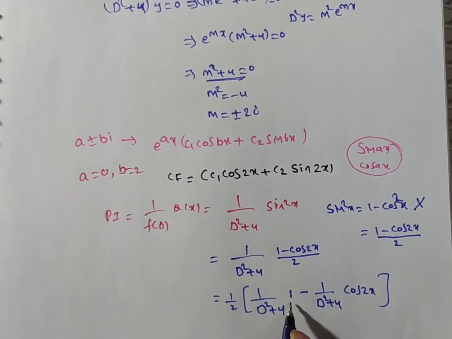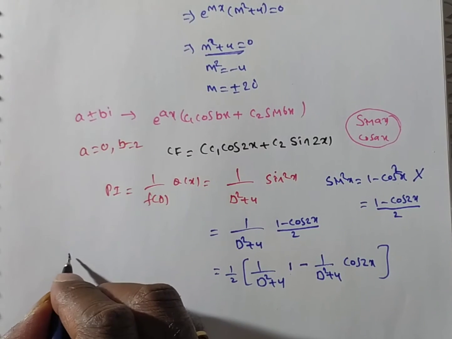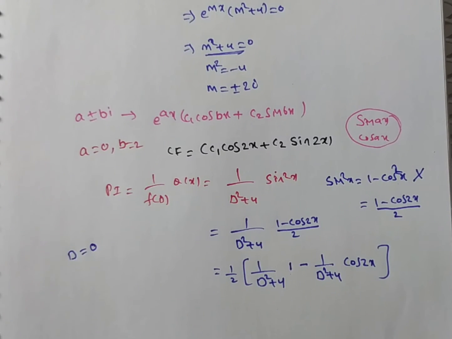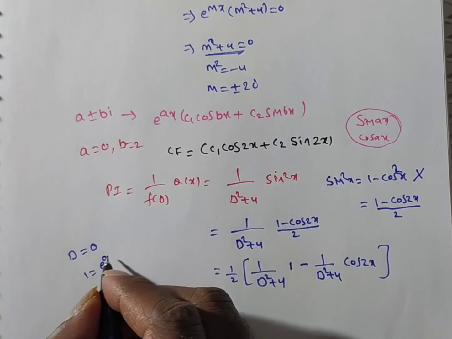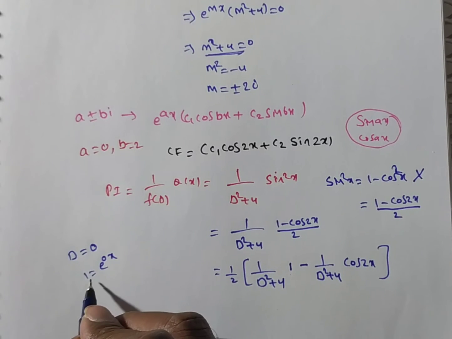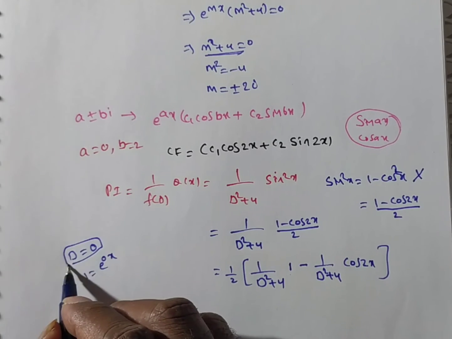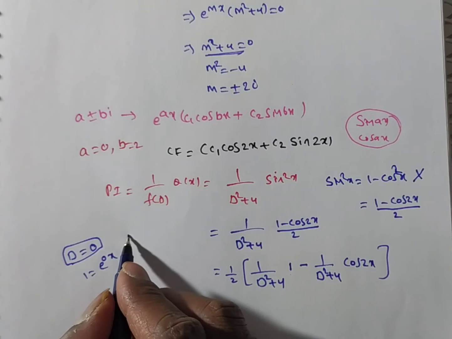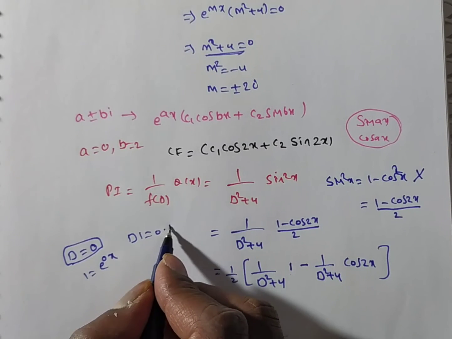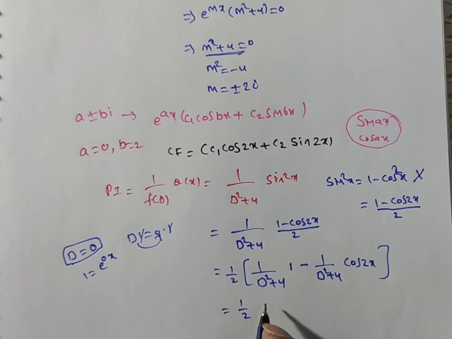Here in the first integral, the coefficient Q of x is 1, that is a constant. Whenever you have a constant, what will we do? In place of D, we will put 0. How can you put 0? You can write 1 is equal to e to the power of 0x. So due to that reason, you can write in place of D, a. What is a here? 0. So whenever constant is there, I am substituting D as 0. Anyway, what is the derivative of 1? 0. So this 1 gets cancelled, then you will have D equal to 0, so 1 by 2 times half. In this case, I am substituting D is equal to 0.